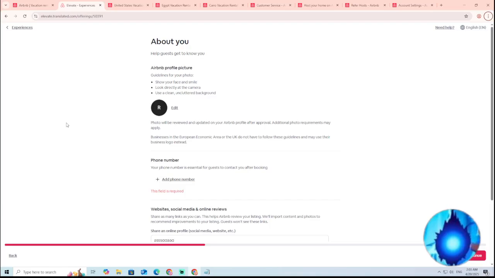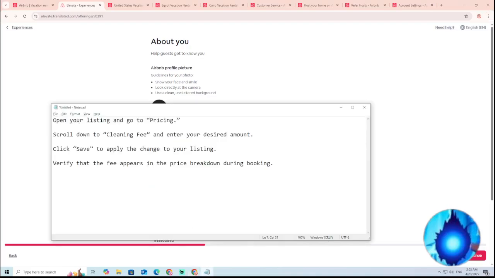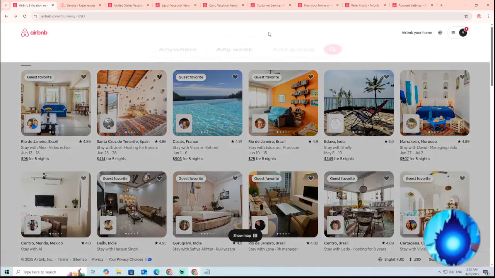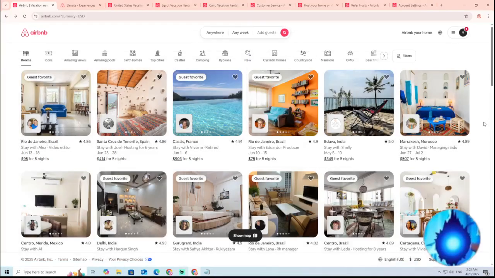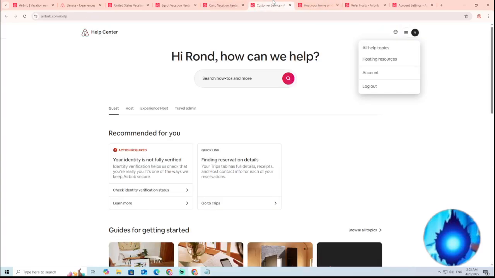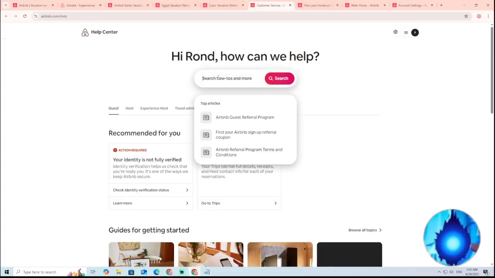So what we are going to do is go over here, open your listing, and click on pricing here. Then scroll to cleaning fee to enter your desired amount. So the fee that should be about right here is about cleaning